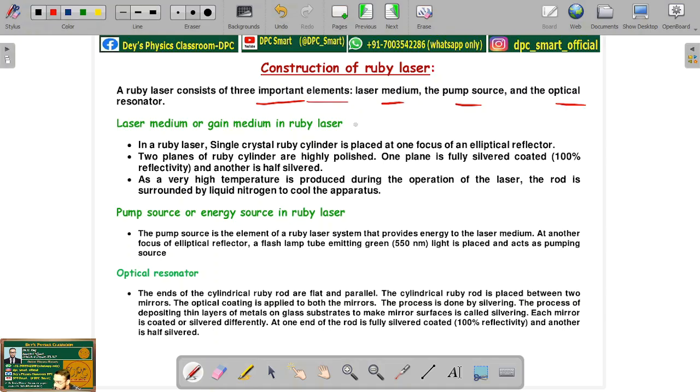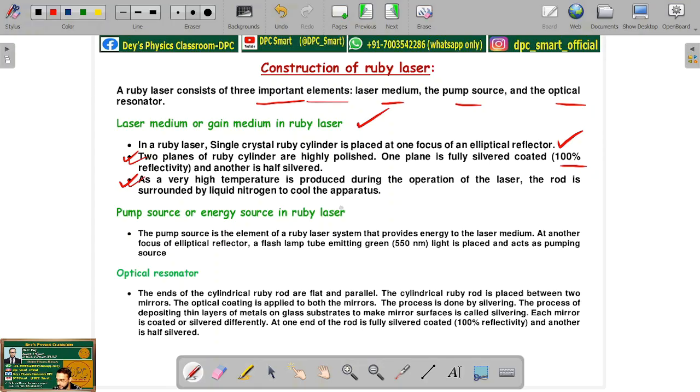So, the laser medium or gain medium in a ruby laser. As I said, a single ruby crystal cylinder is placed on one focus of the elliptical reflector. Two planes of the ruby cylinder are highly polished. One plane is fully silver coated, that is 100% reflectivity, and the other is half silver, that is 50% silver. Now, as very high temperature is produced during the operation of the laser, the rod is surrounded by liquid nitrogen